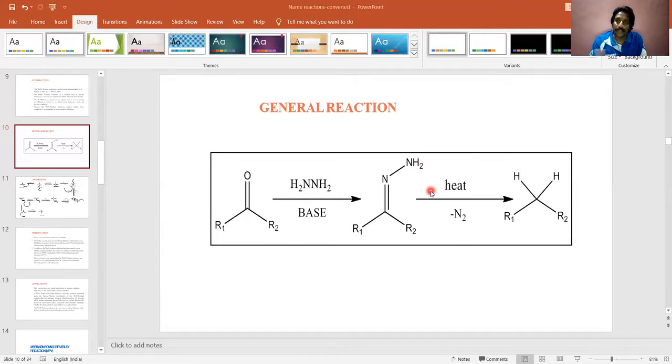Now the water molecule can dissociate into H plus ion and OH minus ion, and the H plus ion can add over different places wherever there is an anion formed. Later, our aim is to remove this nitrogen fragment, that is the hydrazone fragment, and also to create an anion on the carbon atom so that the H plus from water can easily add over there. All right, so now let me proceed with the mechanism part.